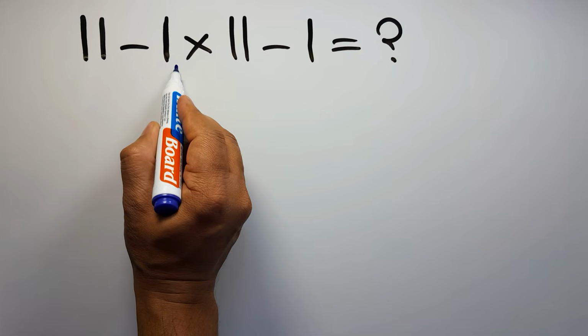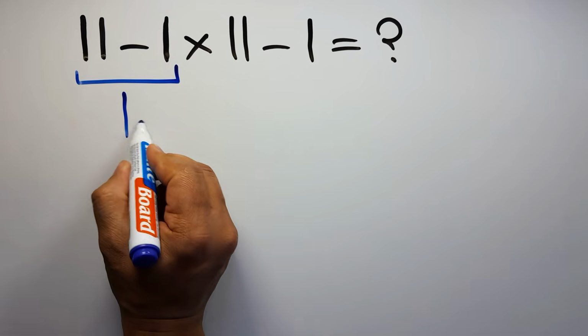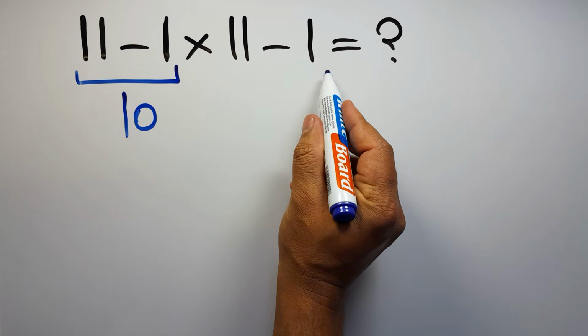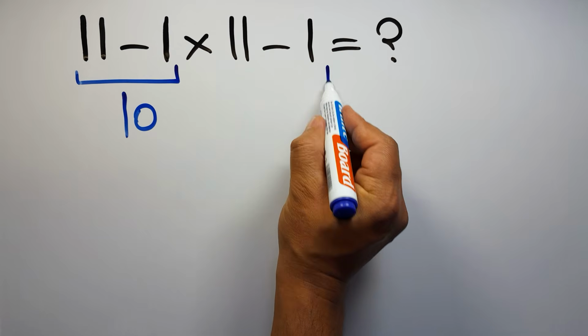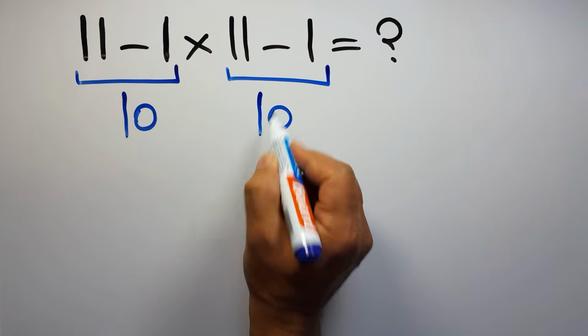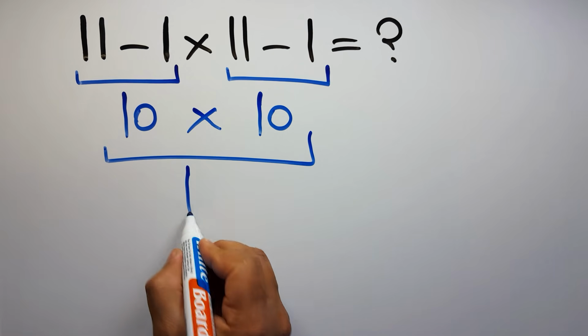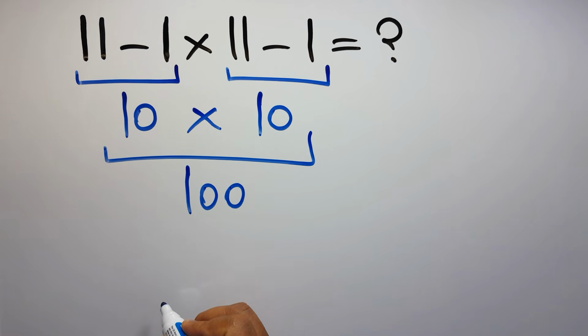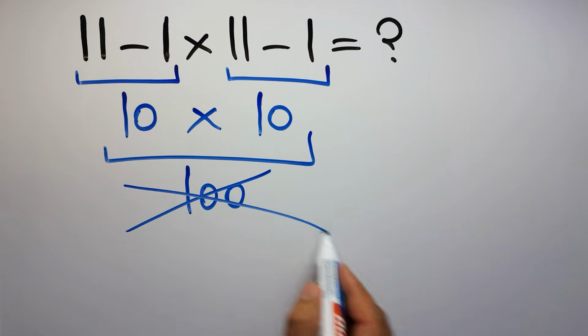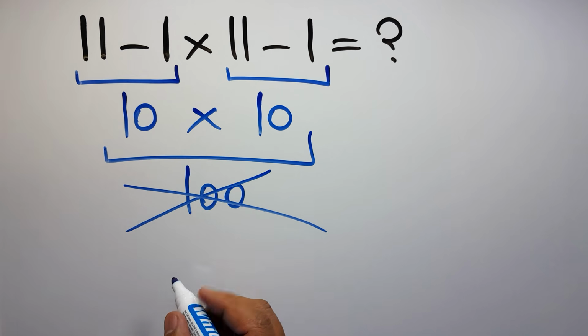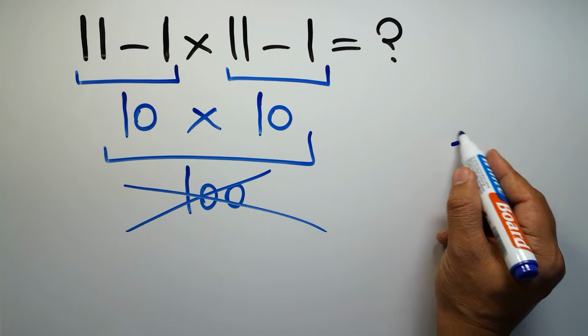11 minus 1 gives us 10. And again here we have 11 minus 1. So 10 times 10 equals 100. But this answer is not correct because according to the order of operations, which is PEMDAS,